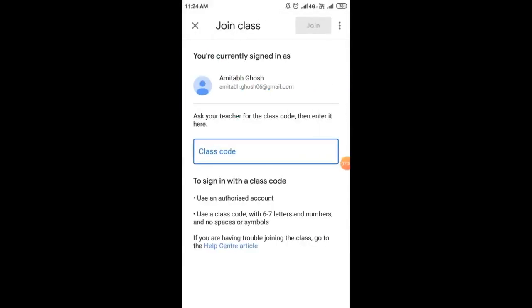Once I click on join class, it will show you your login ID and ask your teacher for the class code, then enter it here. So in this box you have to enter the class code of the teacher who has created a classroom for teaching.